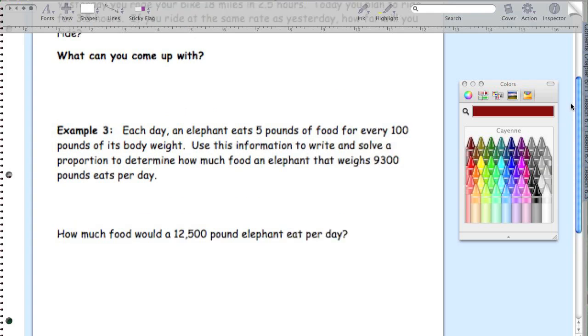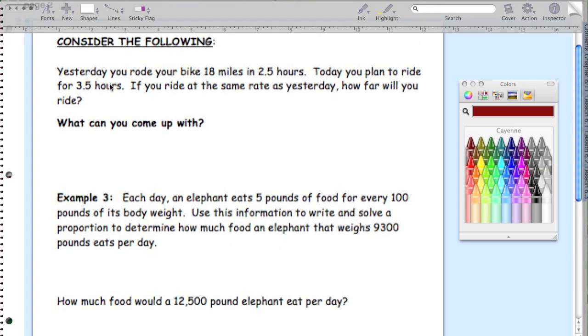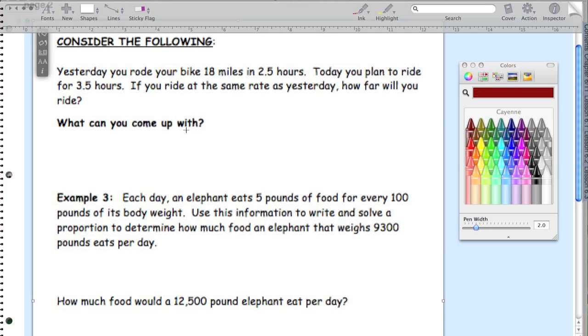All right, now let's take a look at this next page. Just a few quick word problems. Consider the following. Yesterday you rode your bike 18 miles in 2.5 hours. Today you plan to ride for 3.5 hours. If you ride at the same rate as yesterday, how far will you ride? All right, so they're giving us this rate, 18 miles in 2.5 hours. So let's write that out. 18 miles, 2.5 hours. Now today you plan to ride for 3.5 hours, and it's saying if you ride at that same rate,